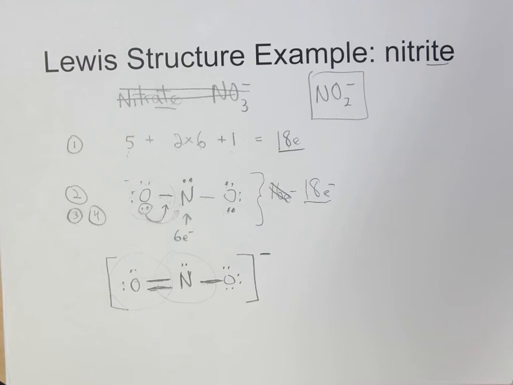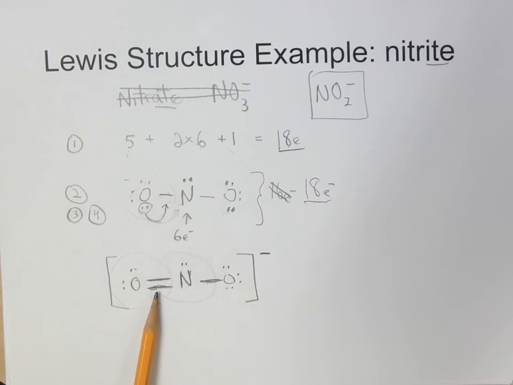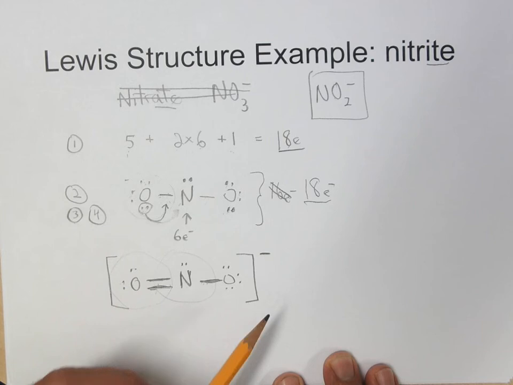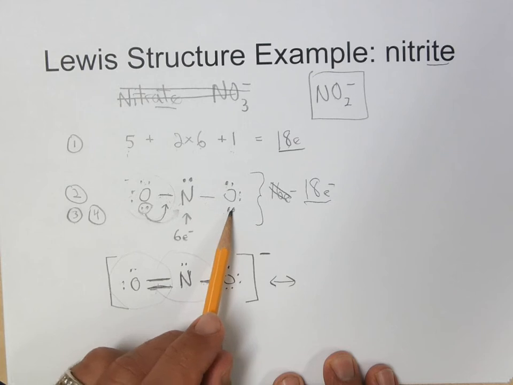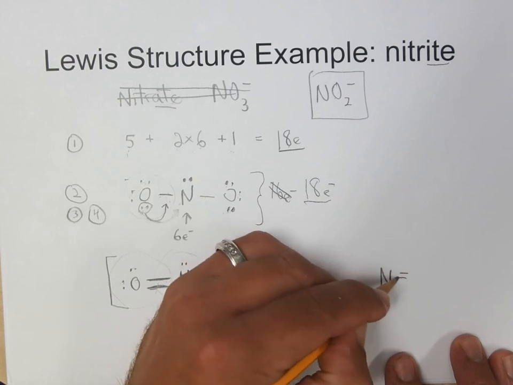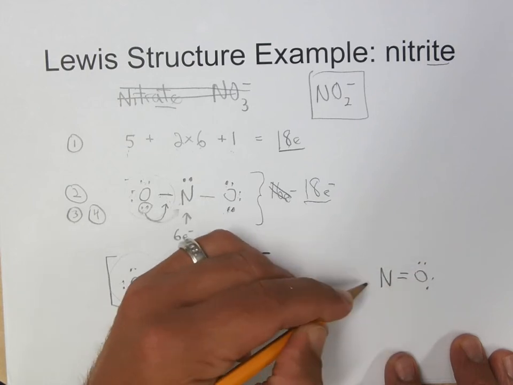If you look at the structure for nitrites, they're the same. So what people did to get around that little difficulty: this individual structure suggests the left bond is shorter and stronger, the right bond is longer and weaker. The reality is they're equivalent. But if you look, we formed this structure by making the left oxygen share. We equally could have made the right oxygen share. So if this oxygen to the right had shared a pair of electrons, then the double bond would be to the right instead of